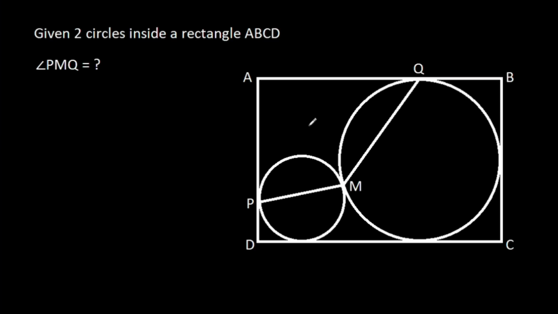In this video, we have been given two circles inside a rectangle ABCD. Then we have to find angle PMQ. So ABCD, it is a rectangle. So this angle, it will be 90 degrees,